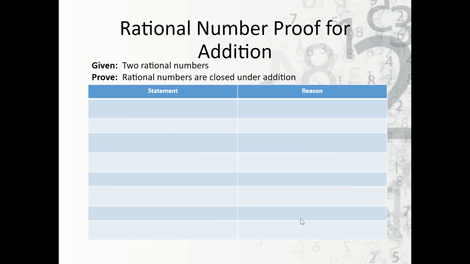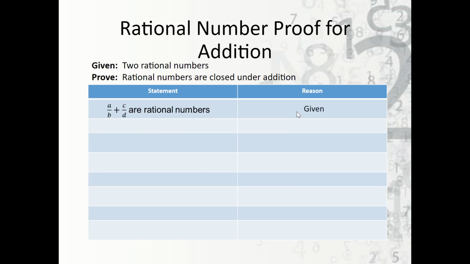So we're going to actually do this proof now. So we're given two rational numbers, and we're expected to prove that rational numbers are closed under addition. So this should always be how it starts. A over B plus C over D are rational numbers. It should always start that way. Now, the operation may change. If we're doing subtraction, then this would be A over B minus C over D. If we're doing multiplication, it would be A over B times C over D. But no matter what, we start with this,